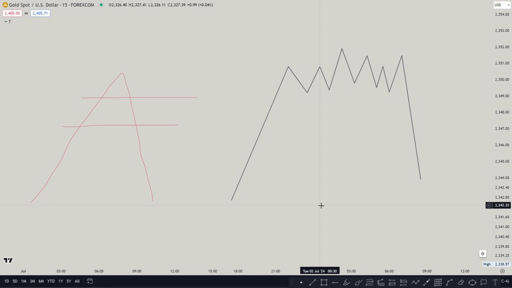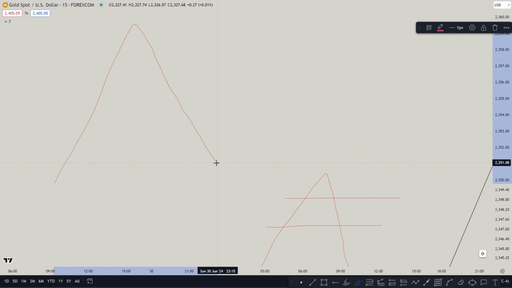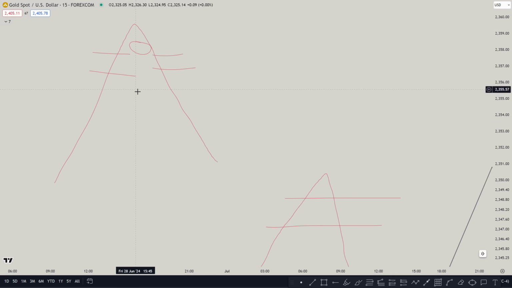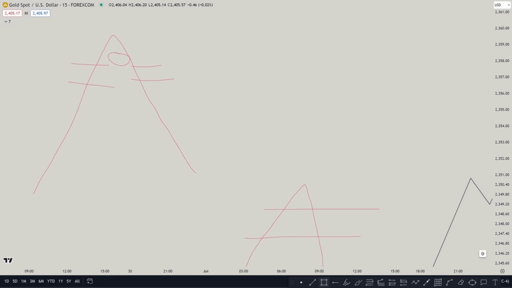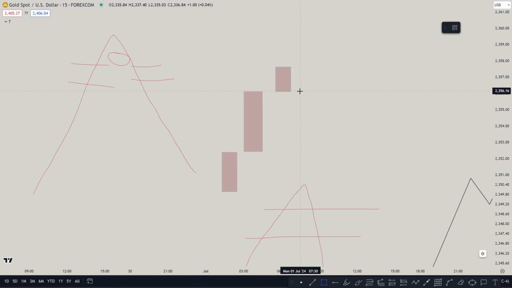Okay, so what do we see here? A clean balance price range means that price is going up, coming lower. Between this fair value gap and this one, there is no price action involved here, even if it was a wick. Okay, there was nothing here. Most likely, if you're looking for a clean and an immediate balance price range, it's going to be something like this, where, let's say, price is going up. This is the first candle, second candle, and you see the third candle here is the third candle for this fair value gap to be created, and it's also the first candle for the second fair value gap to